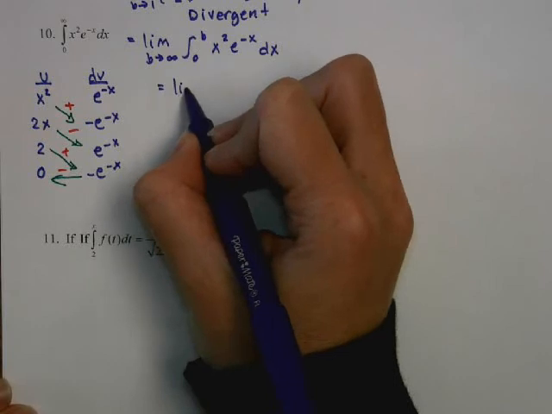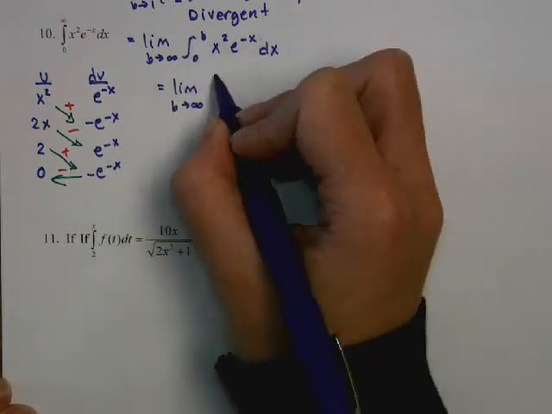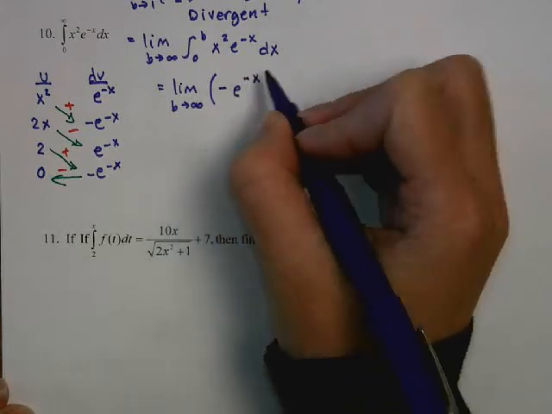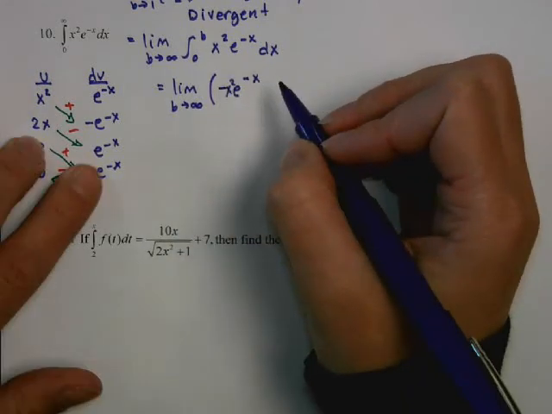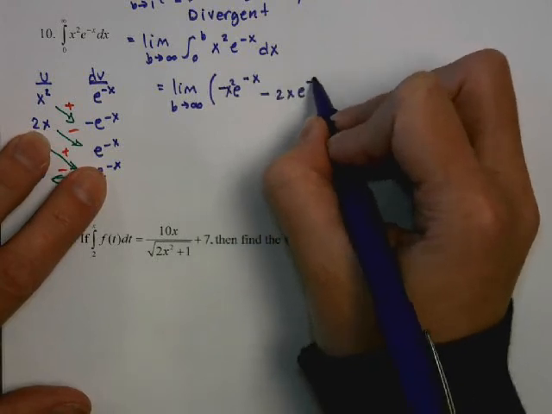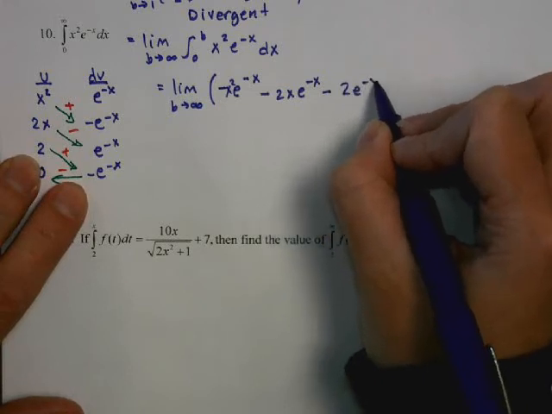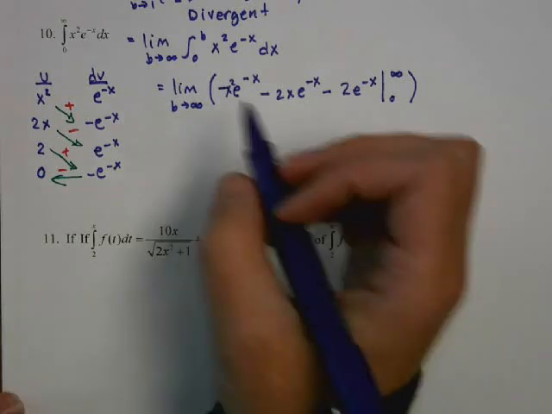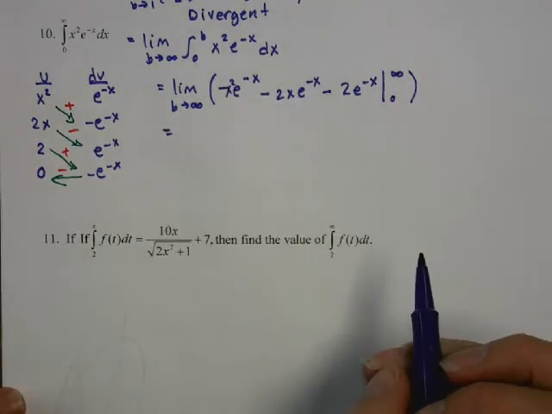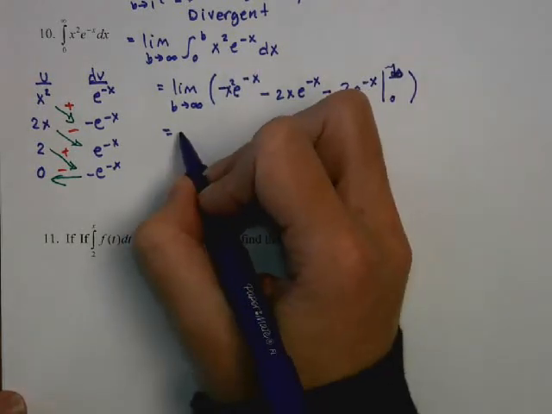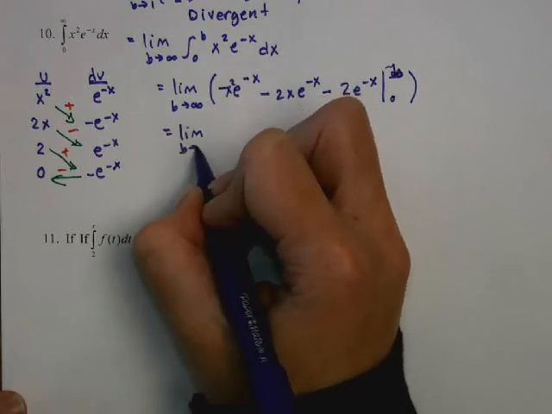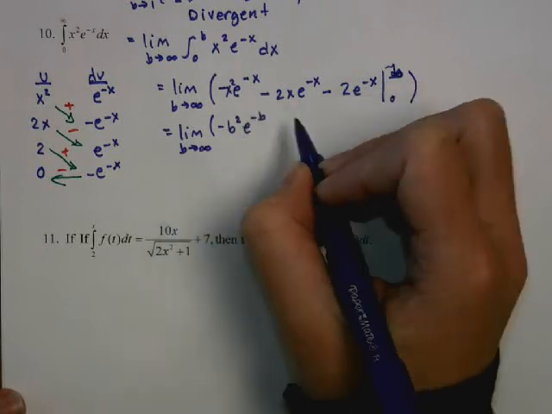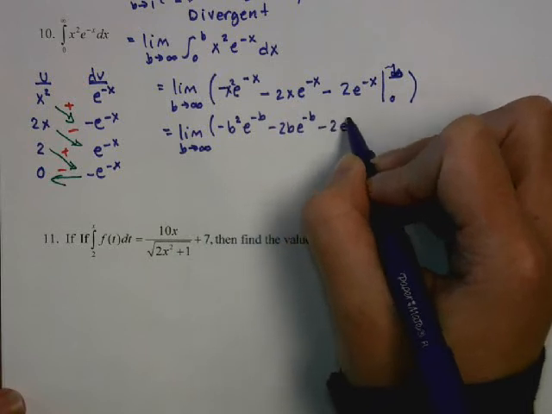So this is going to be the limit as b goes to infinity. This integral is now going to be negative e to the negative x times x squared. Our next one is going to be minus 2x e to the negative x. Our next one's going to be negative 2e to the negative x minus the integral of 0. Okay, and we're going from 0 to b. So we're going to replace all the x's with b. So we're going to have negative b squared e to the negative b minus 2b e to the negative b minus 2e to the negative b